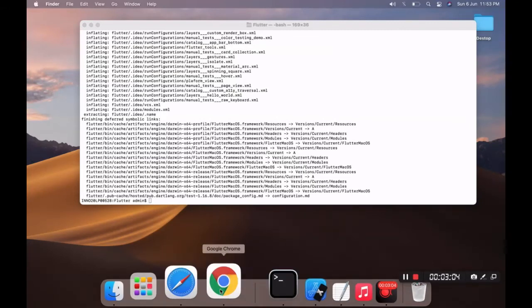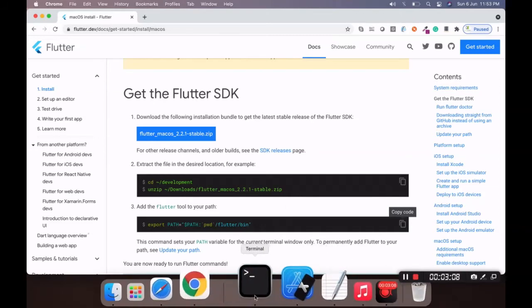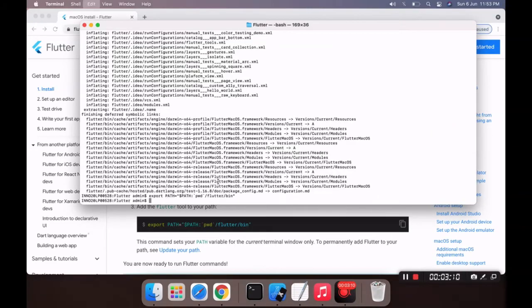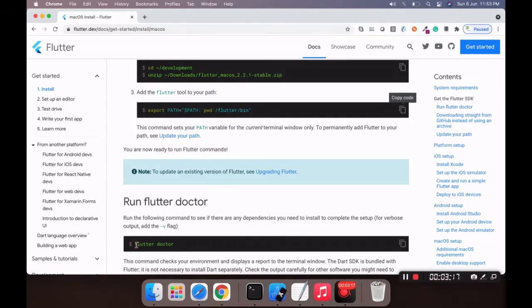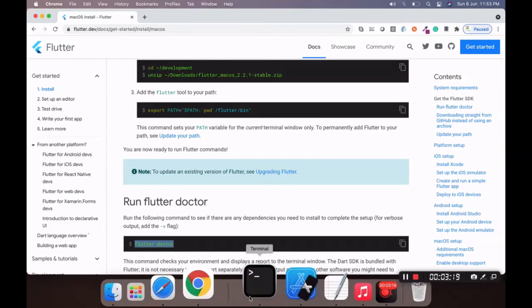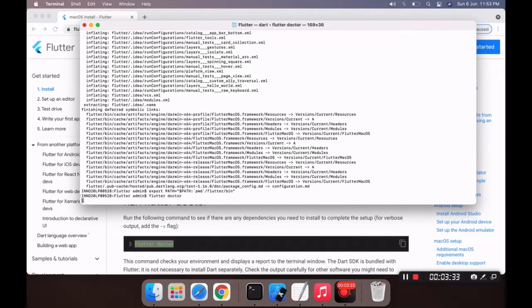Now you need to set your Flutter tool path. Just set your path. After that, type flutter doctor, which will identify whether any dependency tool needs to be installed to complete this setup.